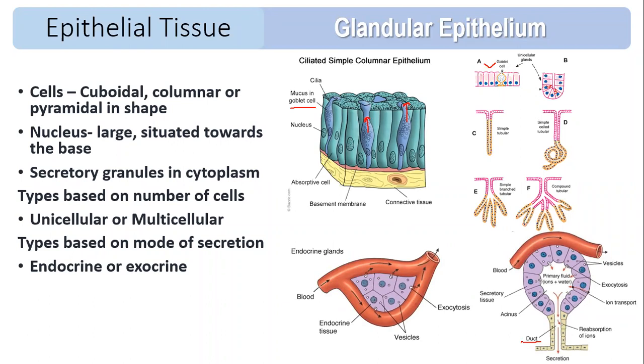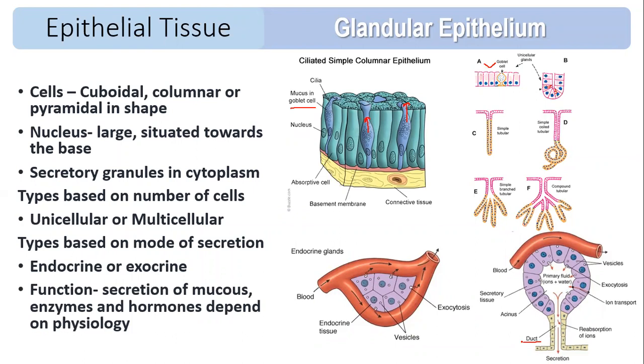But pancreas releases hormone as well. So often endocrine gland is going to release hormone. Their secretion is often hormone. Whereas exocrine gland can secrete a variety of substances. It can be enzyme, it can be watery fluid, it can be other substances. But endocrine gland is going to secrete hormone, and these hormones are directly released where? Inside your blood. So endo is inside, crine is secretion, exo is outside. So based on the mode of secretion, it can be endocrine or exocrine gland.